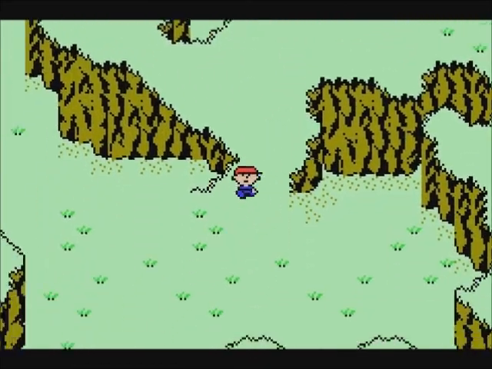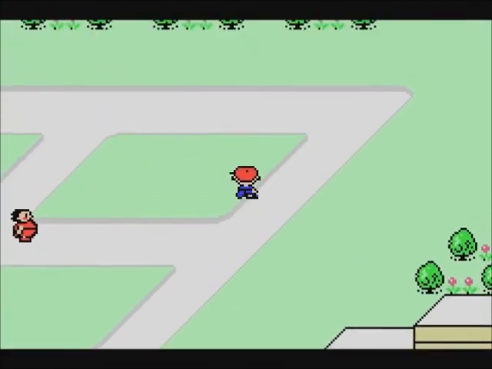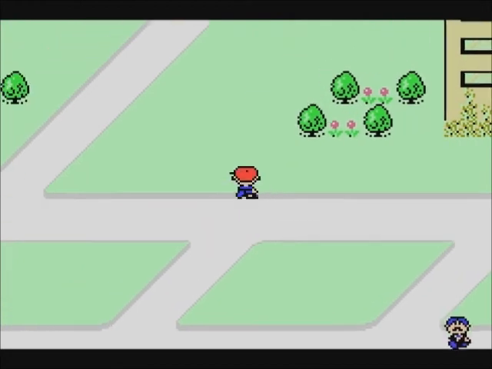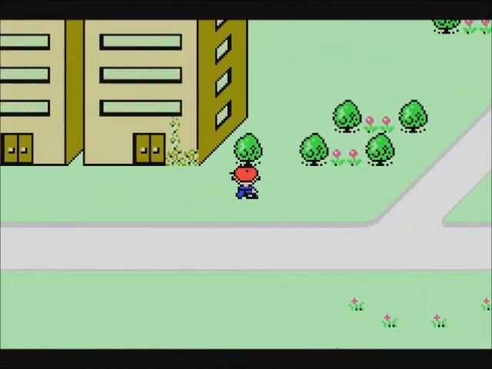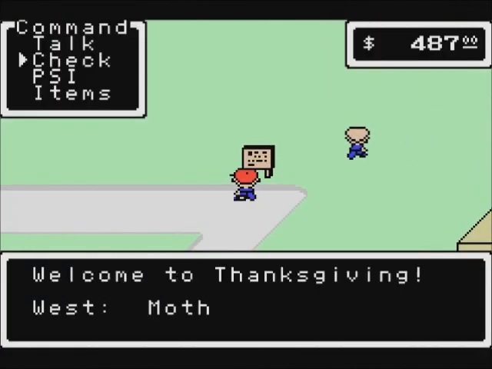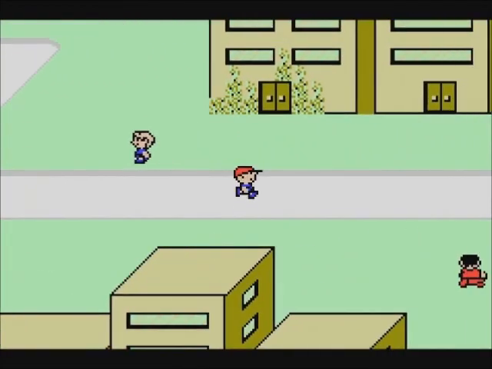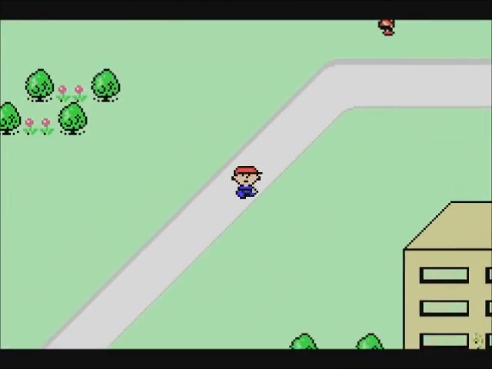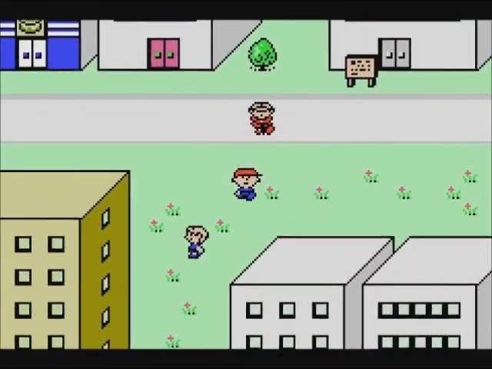So let's go over here. And up, and we have arrived in the next town, which is called, if I can find a sign. There's a sign over here, I believe. Somewhere over here. Where's the sign? There it is. Welcome to Thanksgiving, West Mother's Day, North Santa Claus Station. In the Earthbound Zero or Earthbound RPG 1 translation, excuse me, which is what I used in my last LP, it's called Marysville, but in this game it's called Thanksgiving because the majority of the town names are actually named